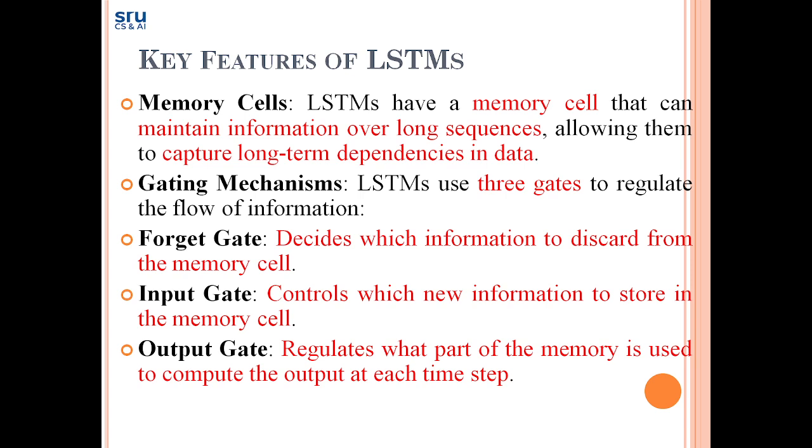The key features of LSTM: it has memory cells. LSTM has a memory. It can maintain information over long sequences, allowing it to capture long-term dependencies in the data. It has a gating mechanism with three gates: the forget gate decides which information to discard from the memory cell, the input gate controls which new information to store in the memory cell,